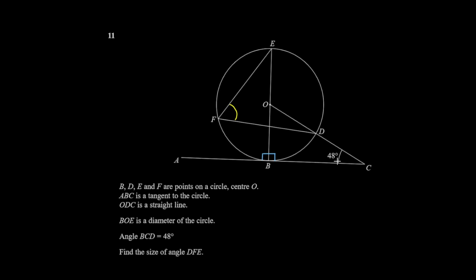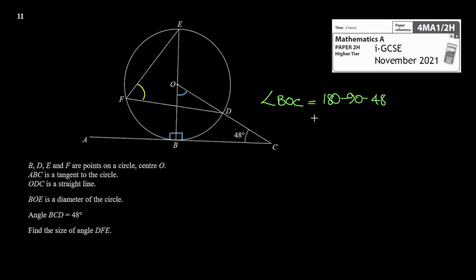48 degrees sitting down here means that this angle up here must be equal to 180 minus 90 minus 48. And that works out to be 42 degrees. So how can we use the 42 degrees here to get to our angle here? Well, look, if you put in this chord here,